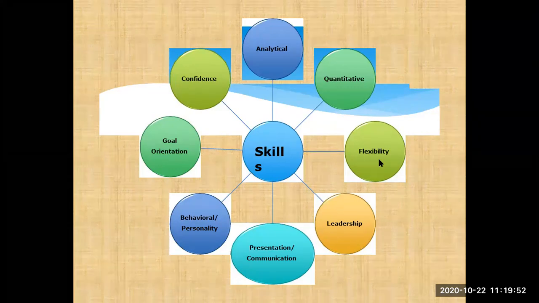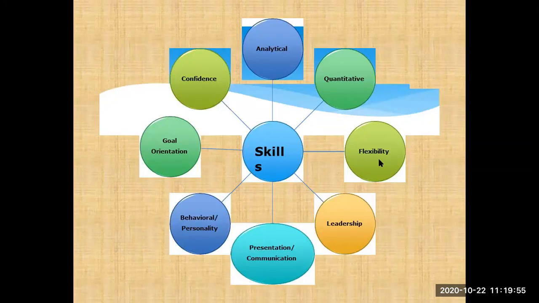The next one: how you present and communicate with the other members, or how you can present and communicate your outcome. It is not the case that in a given case all are doing the same work. It is a modular approach in the case study methodology. Given a big case or big problem, it is distributed among the team members part-wise. Then how you can present your own part's outcome, the part on which you have worked, how you are going to present that particular solution, how you are communicating that solution to your other team members. That is communication skill and presentation skill.